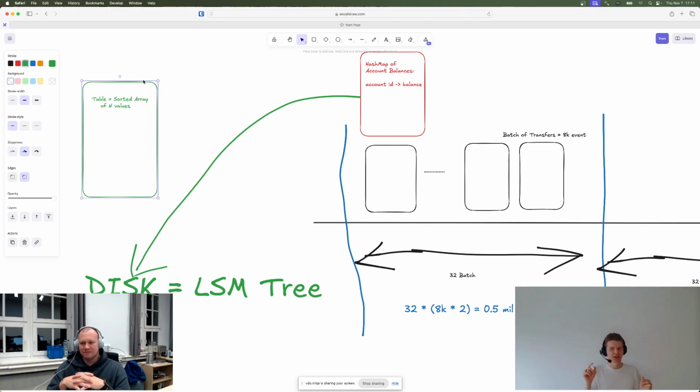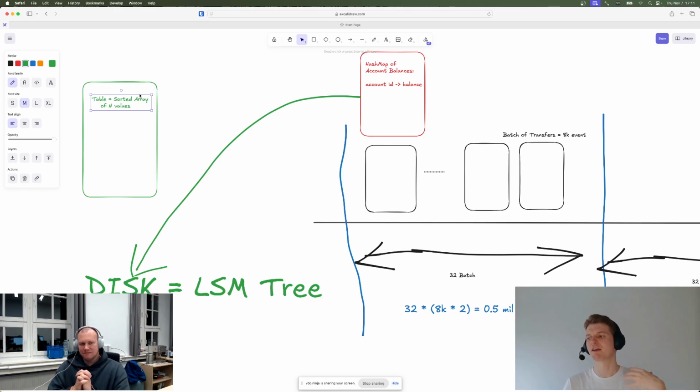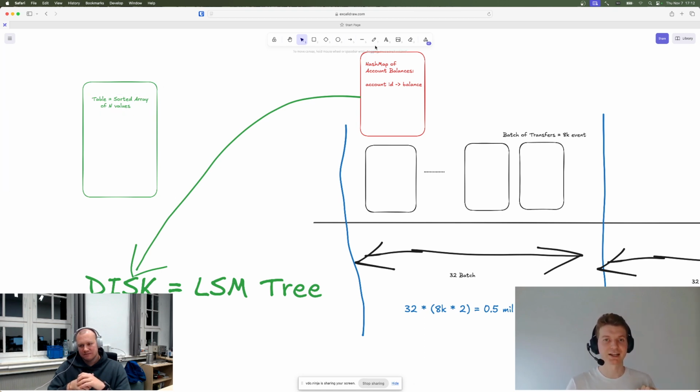One important thing here is that I just declared a bunch of context: there is the hash map, there is 32, there is 8K, there are 500,000 accounts, and there is the table. And now we could actually start tying these constants together. I said that a table in an LSM tree is a table of n values. Now, what is n there? In TigerBeetle, we don't do dynamic memory allocation, so everything has to have an upper bound. We don't allow our tables on disk to grow infinitely large. So the size of a table is exactly